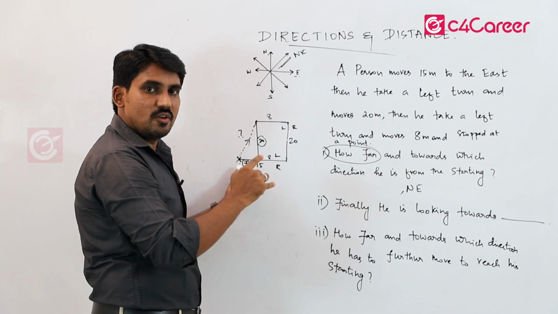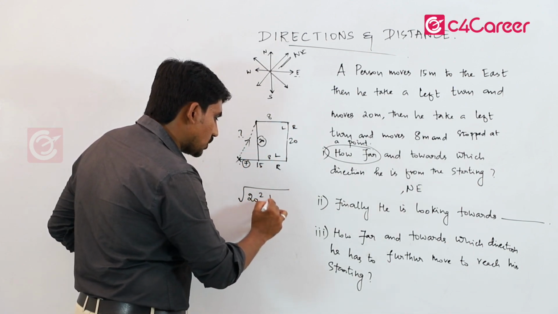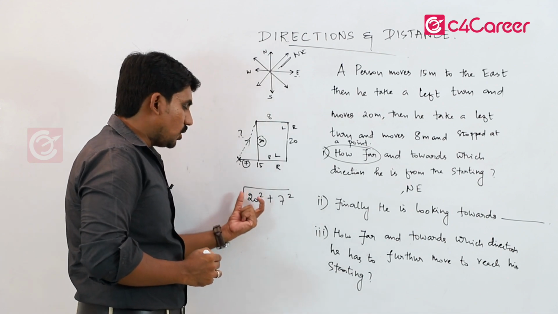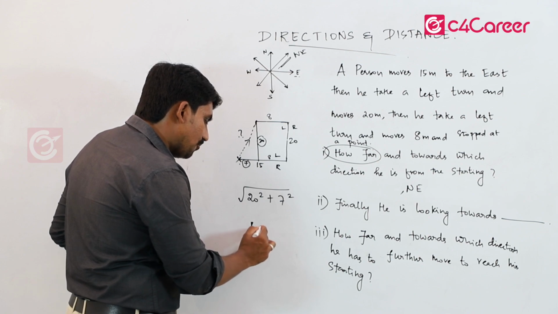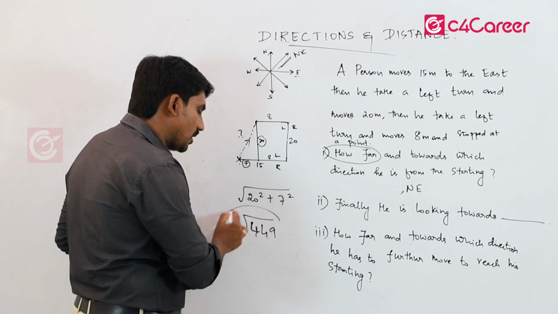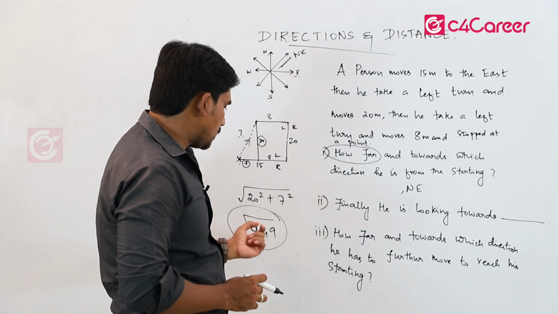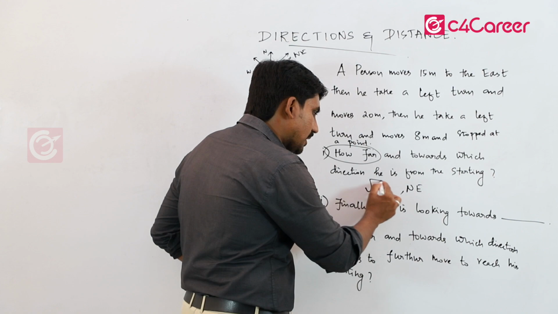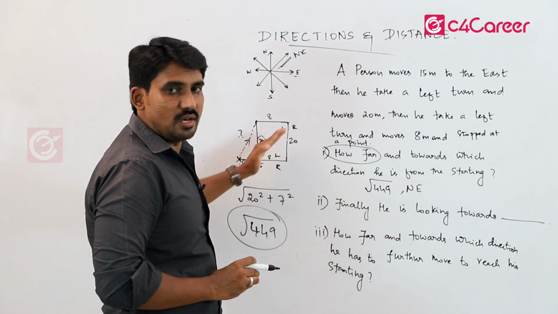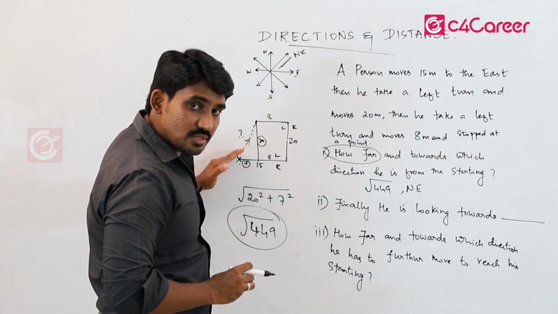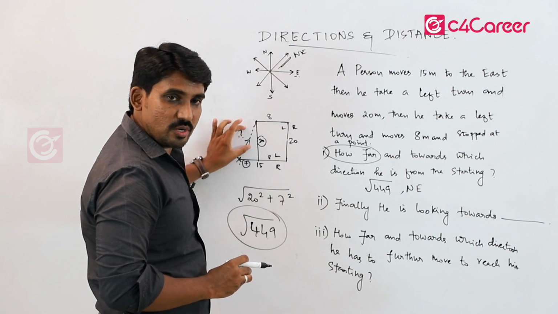But we need only hypotenuse. What can we take? We can take square root. Therefore root of 20 square plus 7 square. 20 square is 400, 7 square is 49, and we have 449. Root 449. It's not a perfect square, so no need to convert into a square root value. Just keep this as it is. Clear? So the exact answer for this question is root 449 towards northeast. How far and towards which direction is he from the starting point? Towards northeast, and this direction is the hypotenuse.